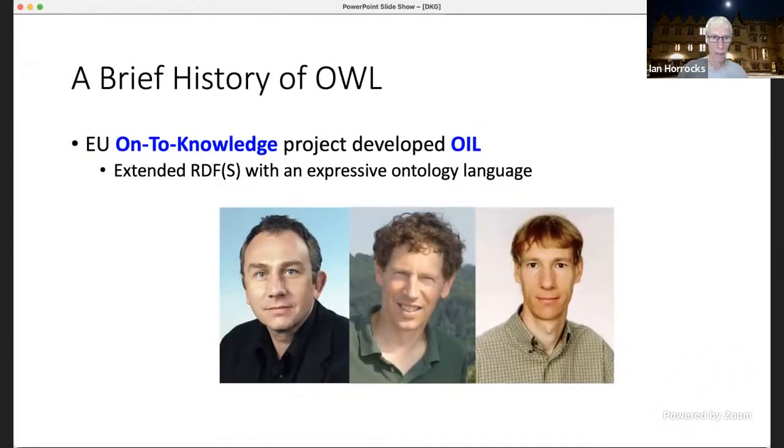So, yes, back then another EU-funded project, the OntoKnowledge project, decided that it would really be a good idea to extend RDF and RDFS further to create a sort of fully fledged ontology language. And as part of the project, we developed this language, which we called OIL. I think that stood for Ontology Interchange Language or something like that, although I think there were many interpretations of the acronym to suit different purposes.